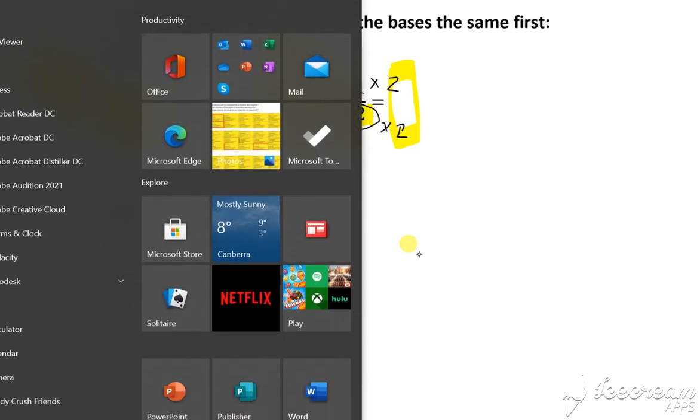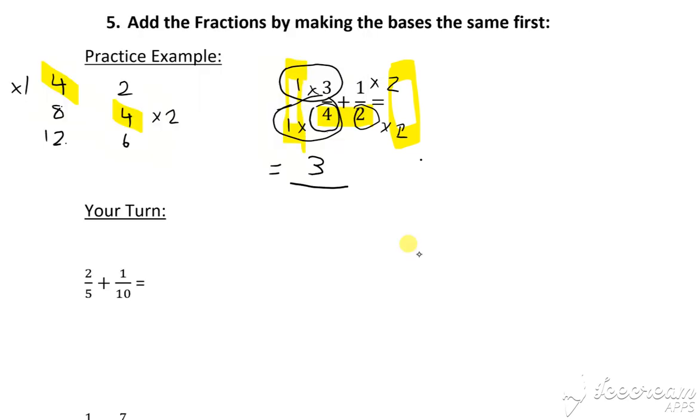1 times 3 is 3, 1 times 4 is 4, plus 1 times 2 is 2, and 2 times 2 is 4. What this is going to allow us to do is then have the same bases. And so now, just like before,